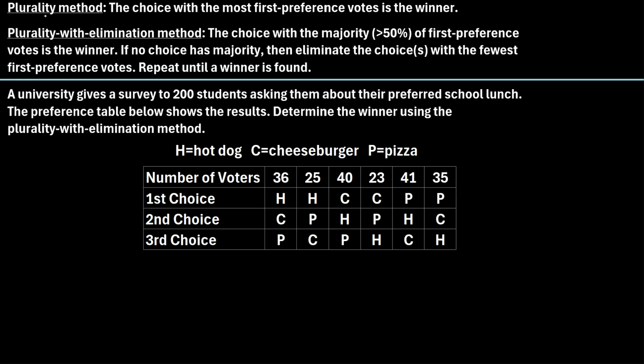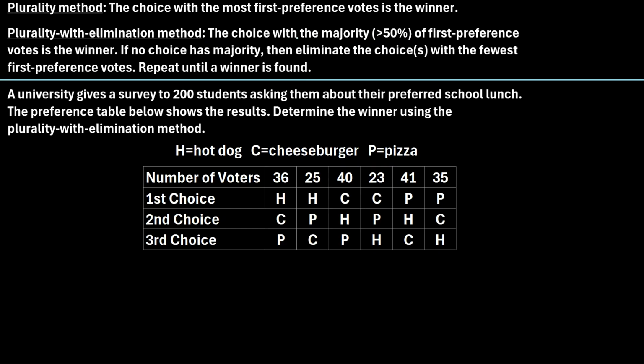So if you're just using the plurality method to determine the winner, all you're doing is determining which choice or candidate has the most first preference votes. They don't actually have to have more than 50% of the votes to be the winner. But under the plurality with elimination method, you must have over 50% of the first preference votes to be declared